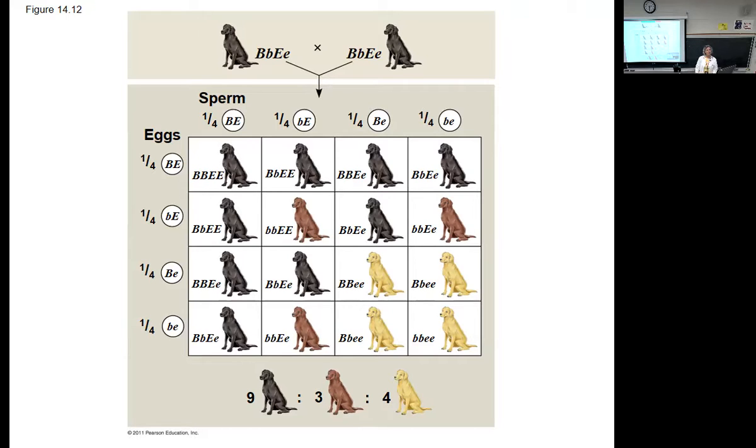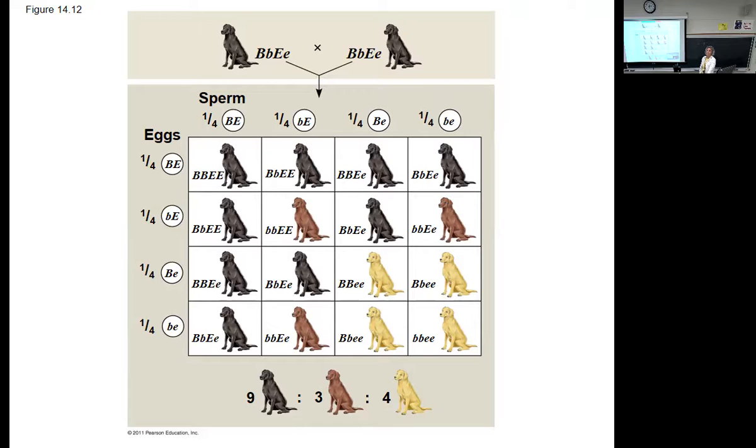What does the dog have to have if it's yellow? Two small e's. So no matter what I have at the B gene, if I have two little e's, it's going to be a yellow lab. True? Is there any other dog that has two lowercase e's and is a different color? Nope, all the yellow ones have two little e's. So the E gene is the controller,